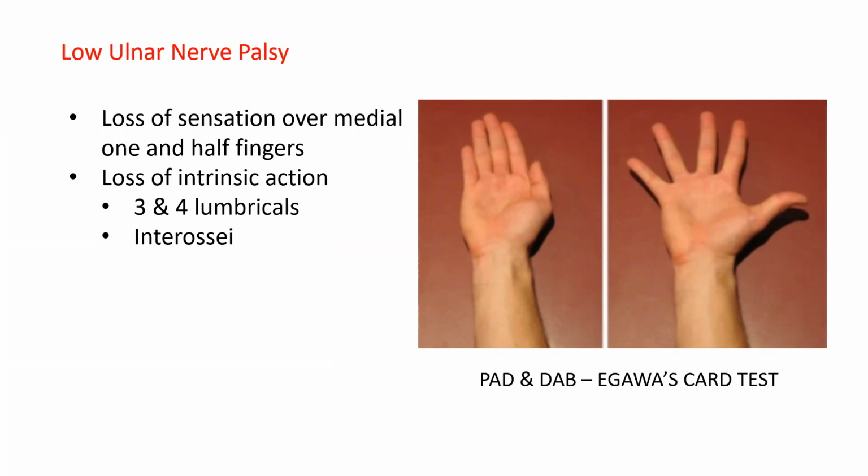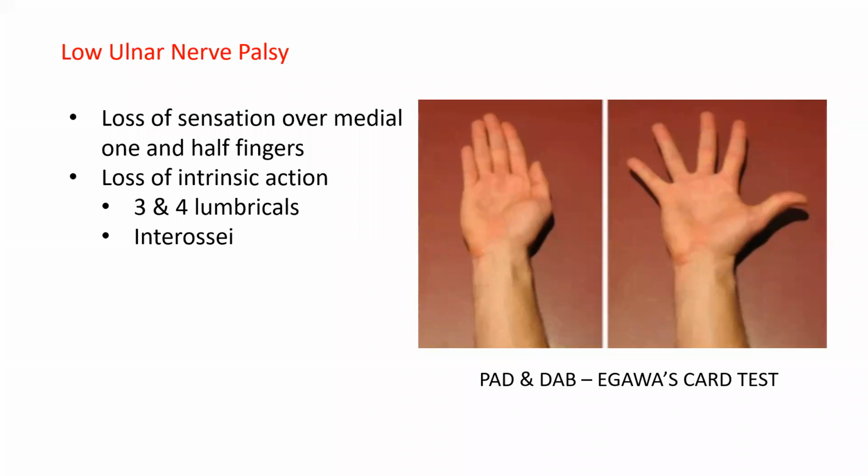The examiners will not accept it because you are checking the power of your strong flexors against weak adductors. Okay, what you should do is you should also hold the card the same way, right? Consider this hand as the patient's hand, and the patient is holding the card like this. You hold the card the same way and try to pull it. Okay, if the patient has got a good grip, the muscle is functioning well.